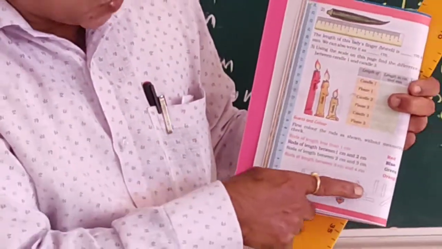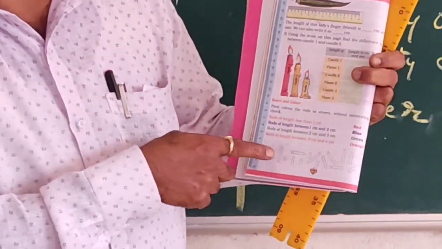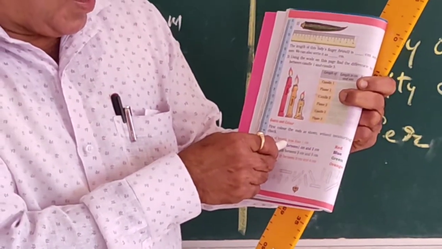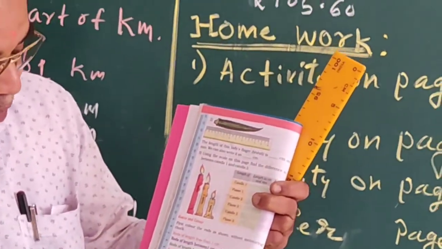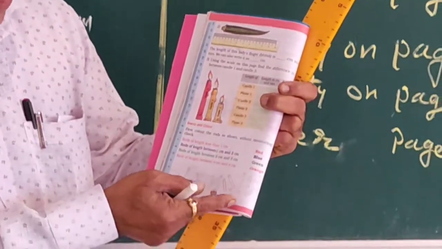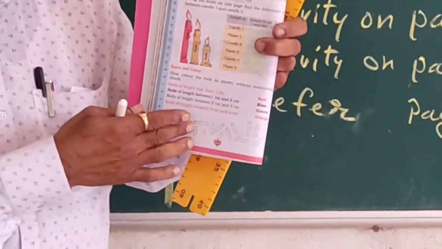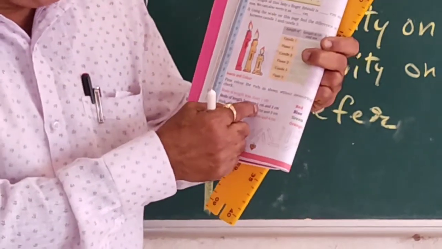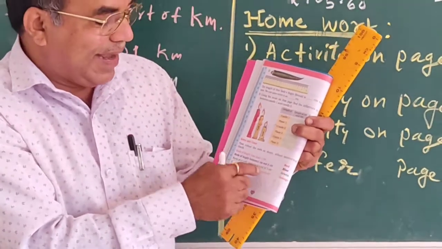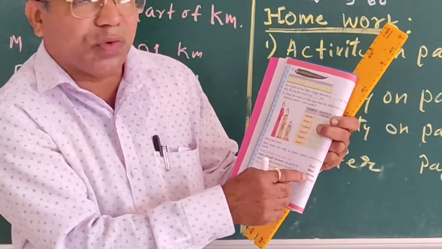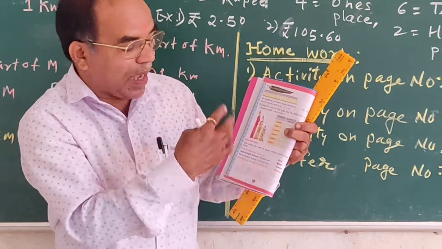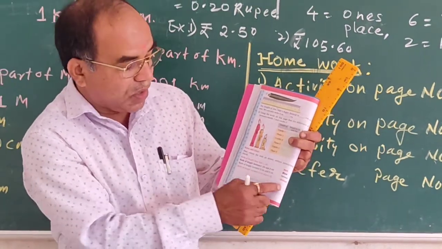Then here the rods are, you can see, and these rods you have to color. In what way? You can see here a rod of length less than 1 centimeter. You have to measure the length of these rods, and those among them which are less than 1 centimeter, you have to color in red. Then between 1 and 2 you have to give the blue color. Between 2 and 3 you have to give the green color, and 3 and above you have to give the orange color to this.